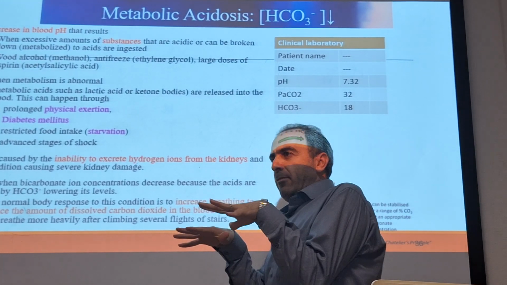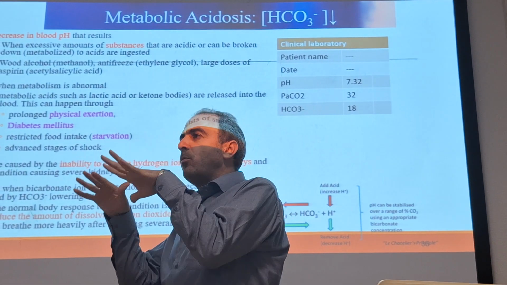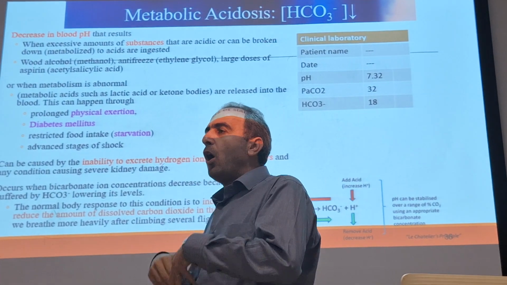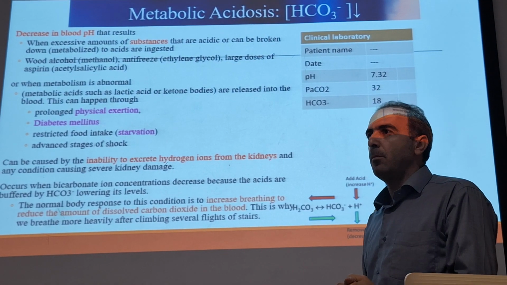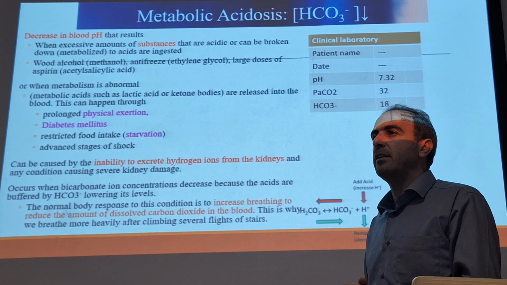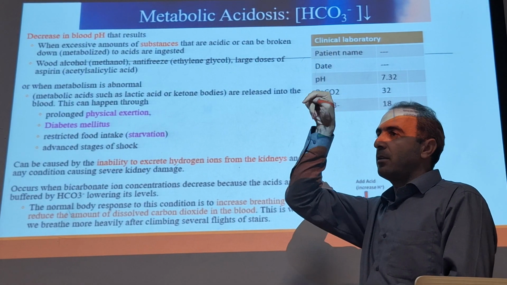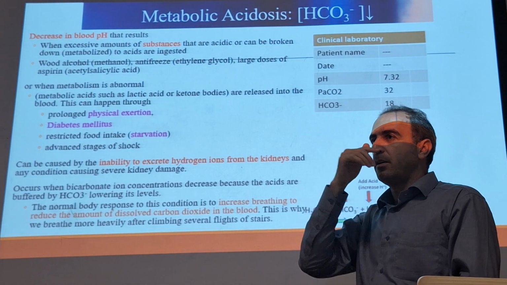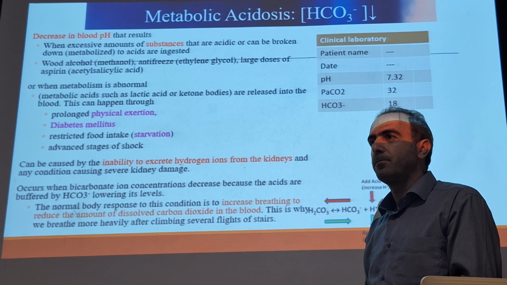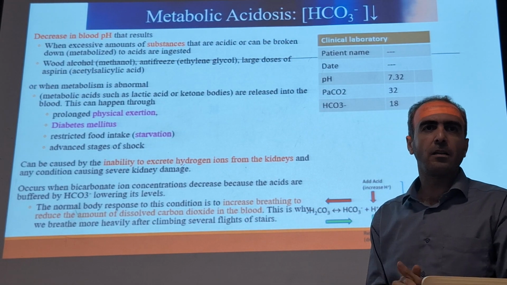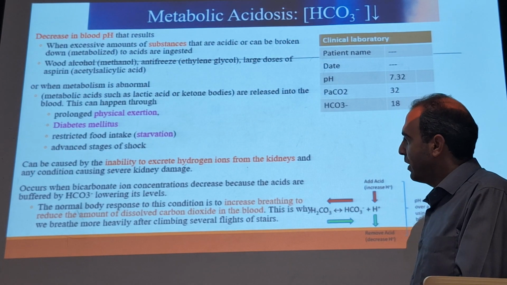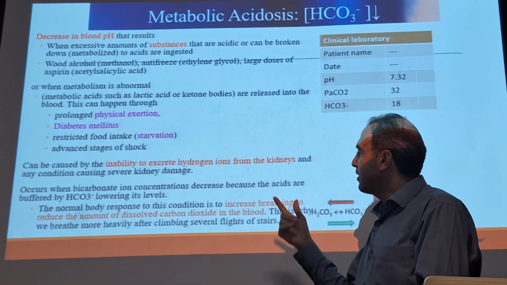So when we have metabolic acidosis, bicarbonate is decreased. How can we manage it? If you remember the Henderson-Hasselbalch formula, bicarbonate is on the top, and CO2 should be decreased or increased? Decreased, exactly. We have to decrease the CO2, by increasing the rate of breathing